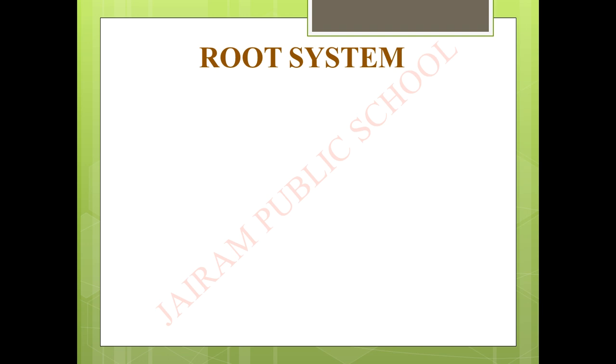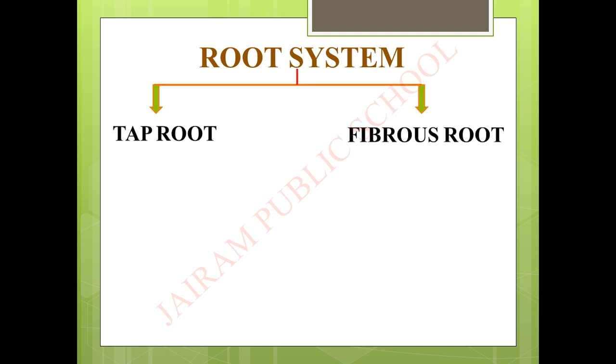What are the two types of roots? The roots are two types, taproot and fibrous root. What is meant by taproot? Taproot has one main large root growing downwards from the end of the stem into the soil. Smaller roots develop from the main root. For example, coriander, chili, and oak tree. So these plants have taproots.